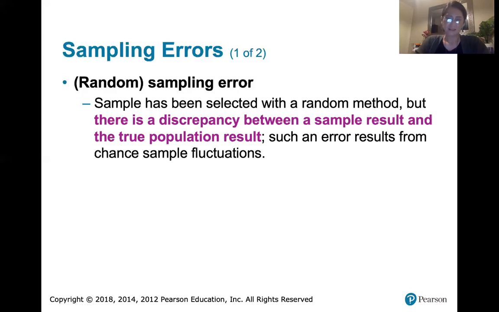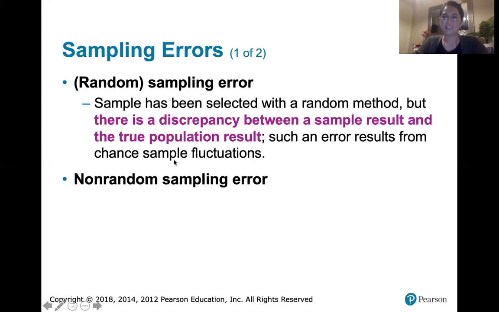It's going to be wrong. It's very unlikely that it's going to be exactly the same as the population result if everyone had been polled on the day of the election itself, because we're not interviewing everyone. That's random sampling error. Now, there are also non-random sampling errors, and that just comes from